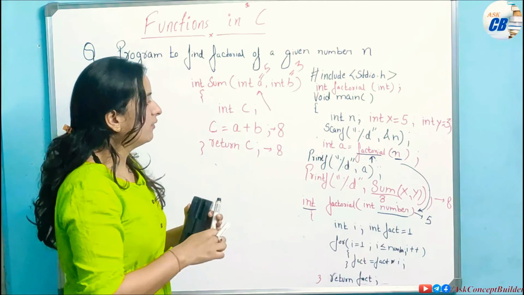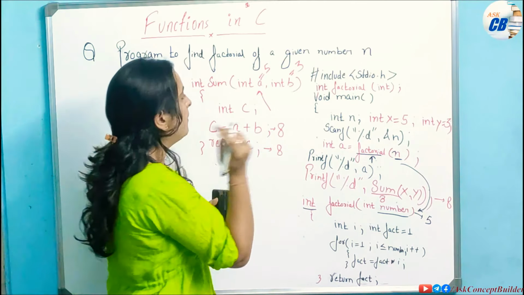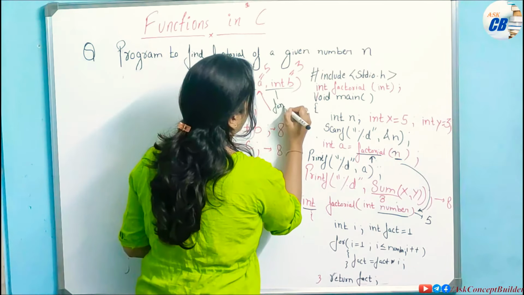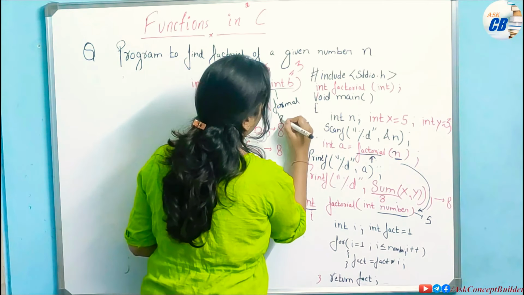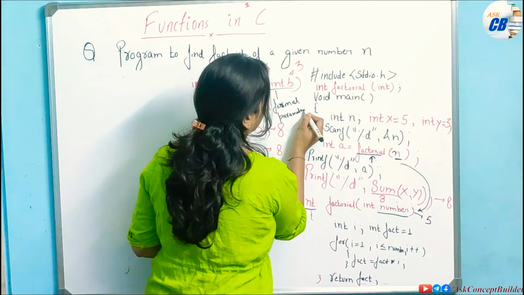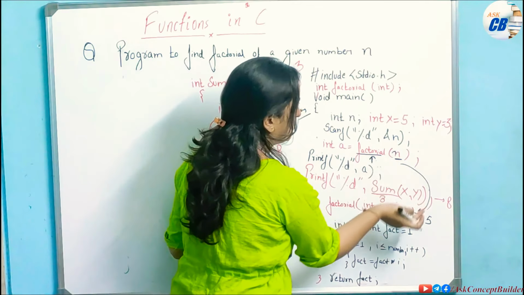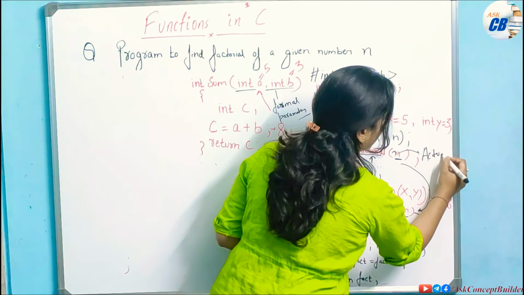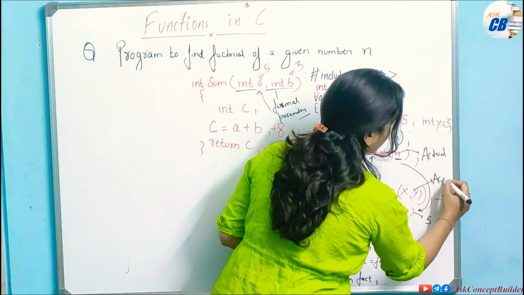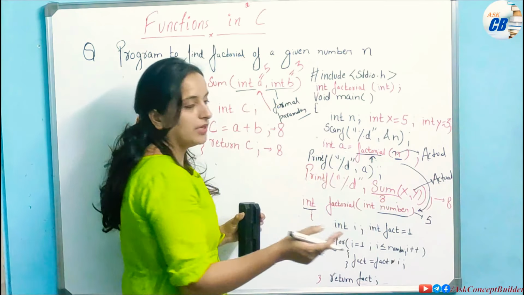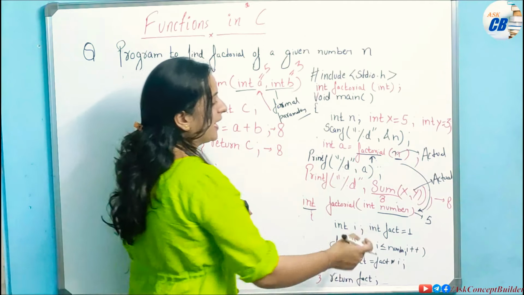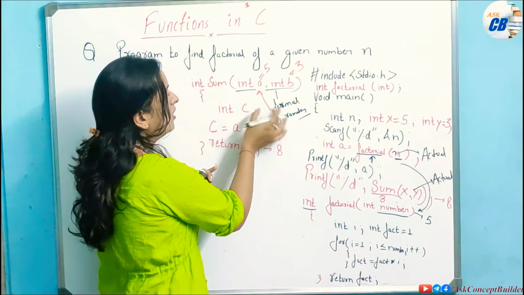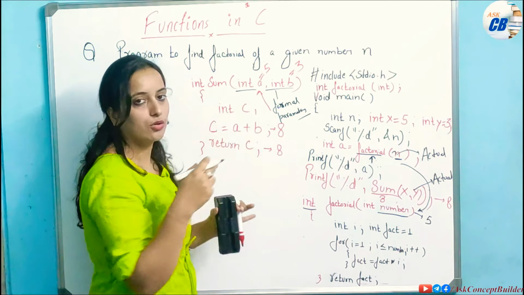Now one more important thing I want to tell you here is, see, the parameters which we are putting here in the definition of the function, these are called your formal parameters. And the parameters which we are passing, this x comma y, these are called your actual parameters. So the parameters which you pass at the time of calling your function are called actual parameters, and the parameters in the definition of the function are called formal parameters.